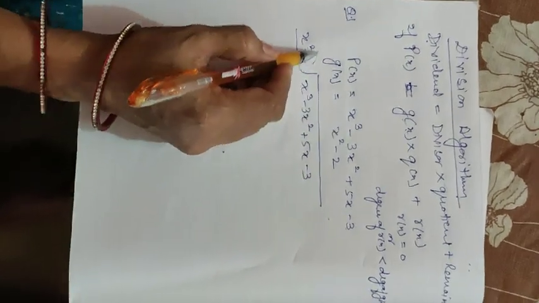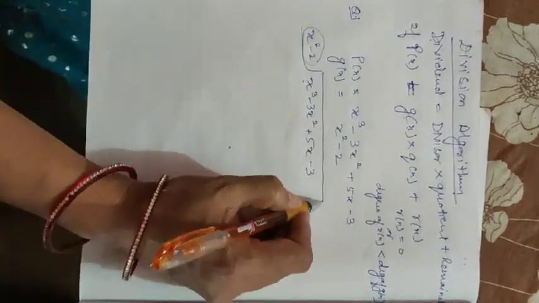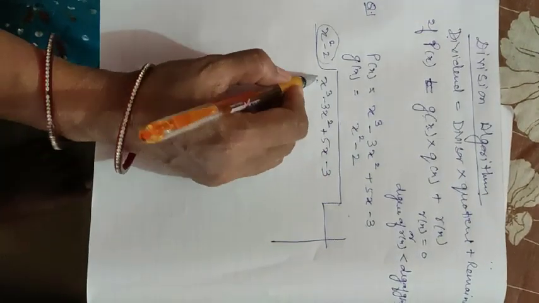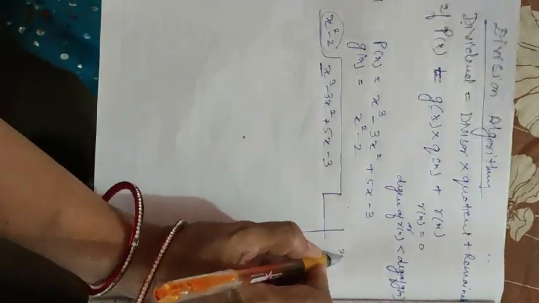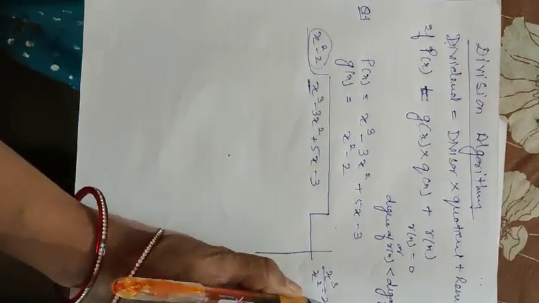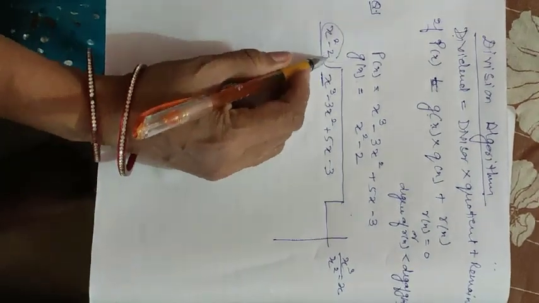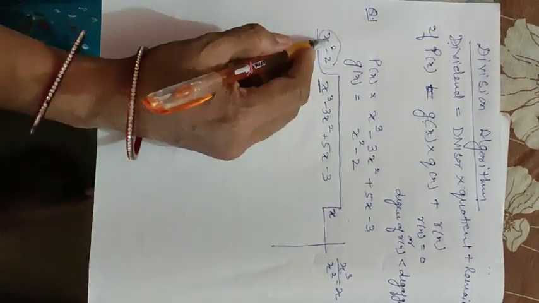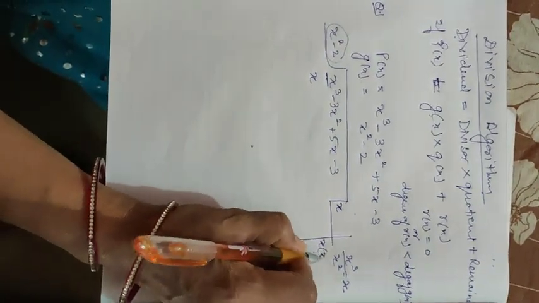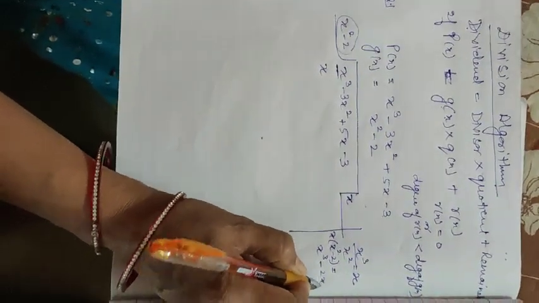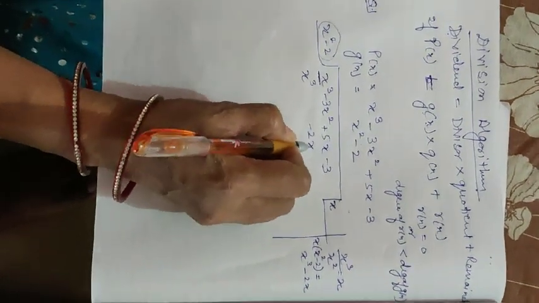So you can see here this is my divisor and this was the dividend. Let's find the quotient and remainder. Now with what term I have to multiply, that we can find out here. You can see the first term is x cube. So let's divide x cube by the first term of the divisor, x square. It gives x. It means I have to multiply the divisor by x. So multiplying x into x square minus 2 gives x cube minus 2x. So let's write x cube minus 2x.